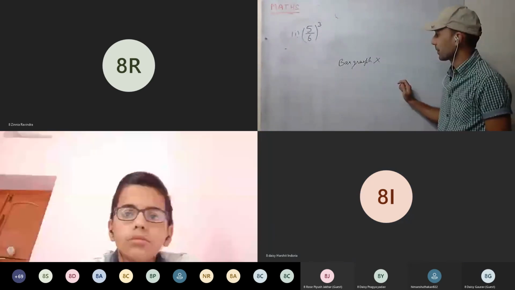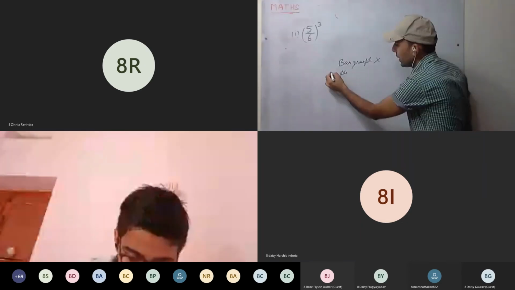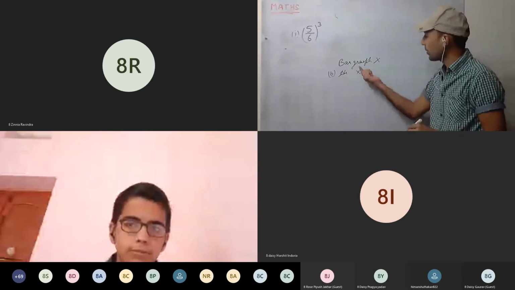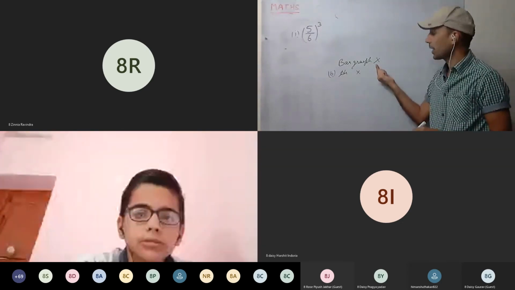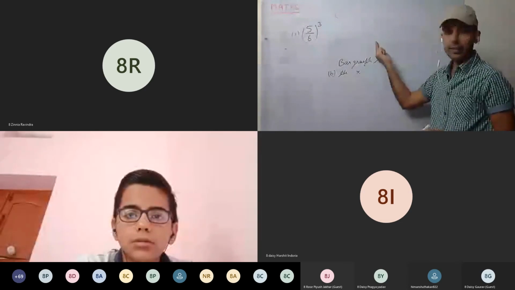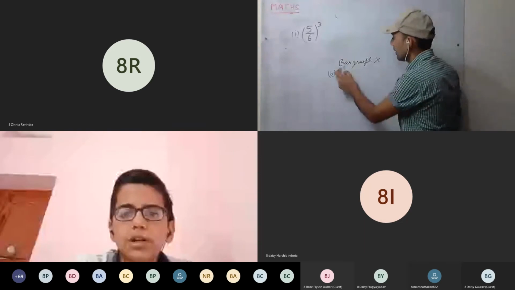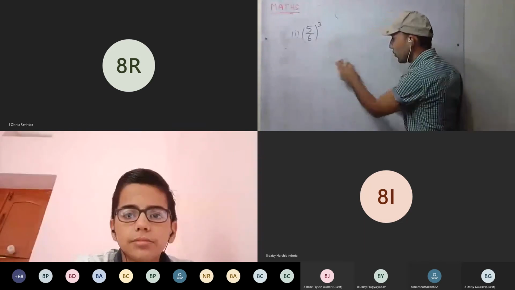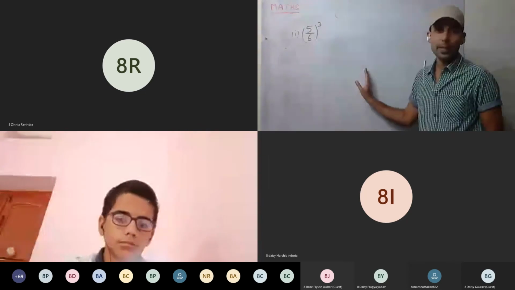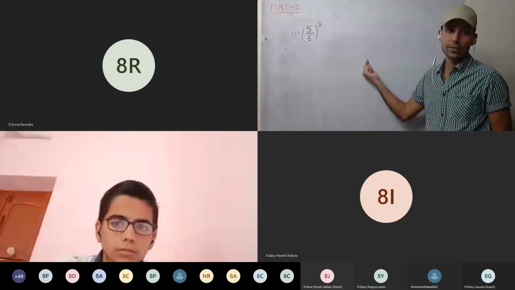So bar graph and histogram, that is exercise B. They are not in the syllabus. Bar graph we have completed now, but they won't be coming in the examination. Only the pie chart you have to prepare. From statistics, you have to prepare only the pie chart. Is this clear? They will not come in any term. The whole syllabus has been reduced. You can check on the ICSE site as well.